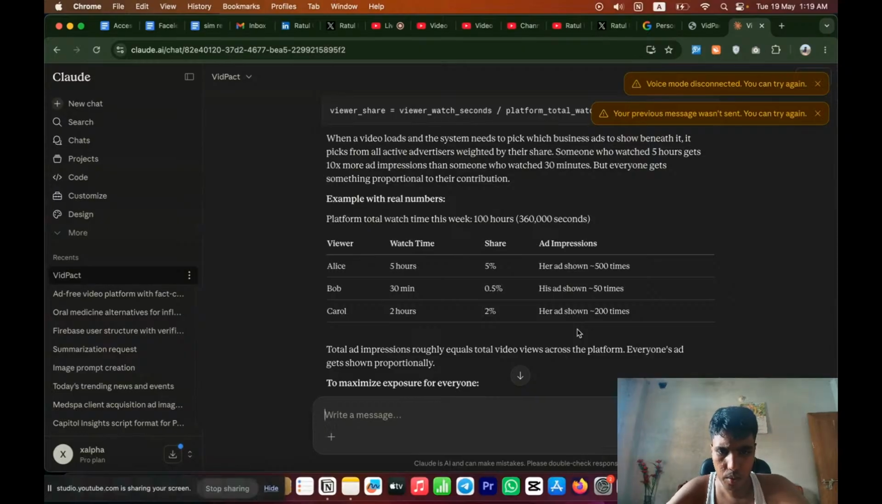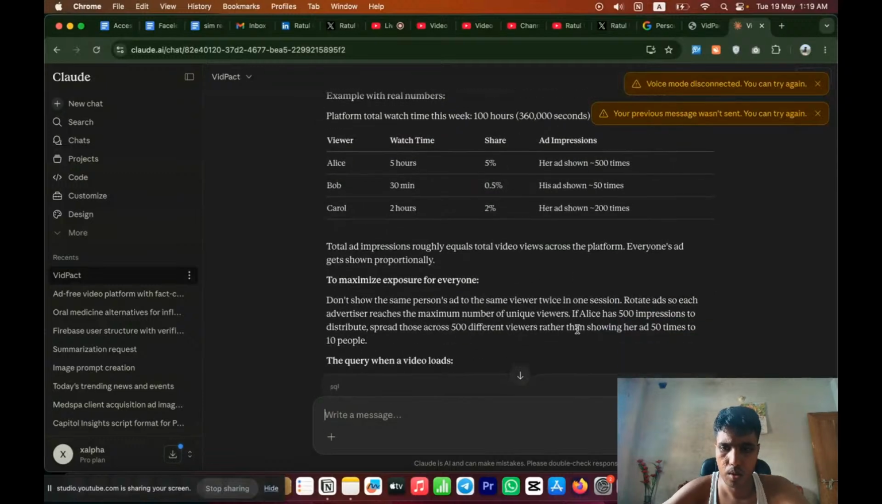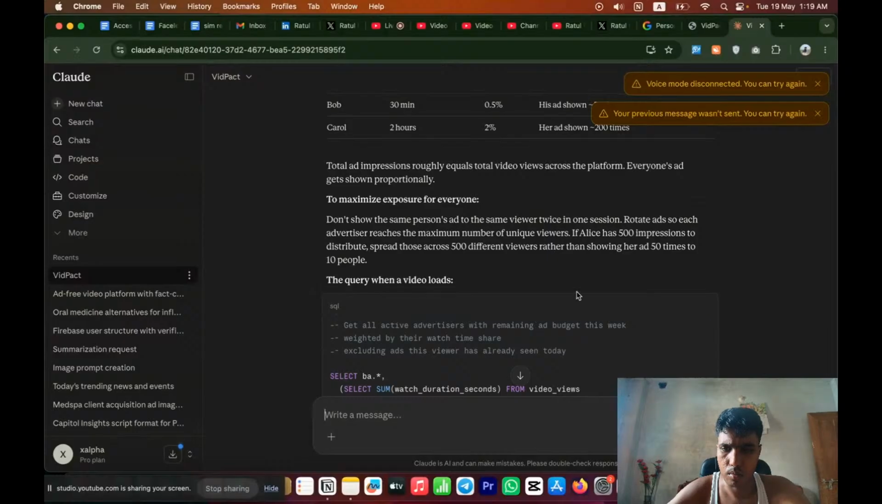At least 30 minutes. His ad shows 5%, her ad shows 500 times. Everyone's ad gets run proportionally to maximize it. Never show the same person's ad to the same viewer twice in one session; rotate ads to each. That will reach the maximum number, so if Alice has 500 impressions to distribute, different viewers rather than showing